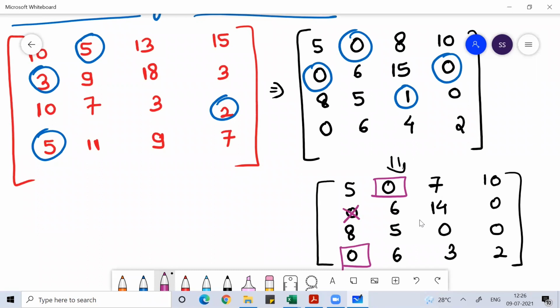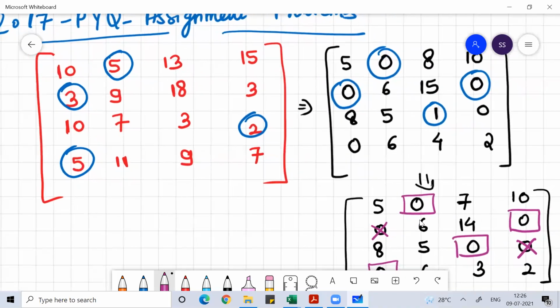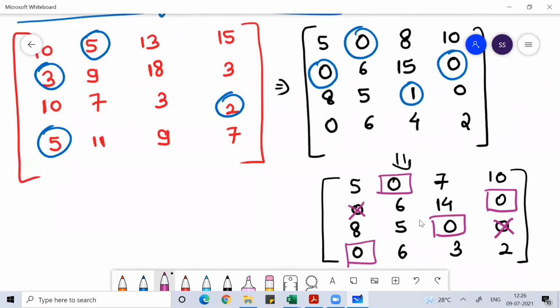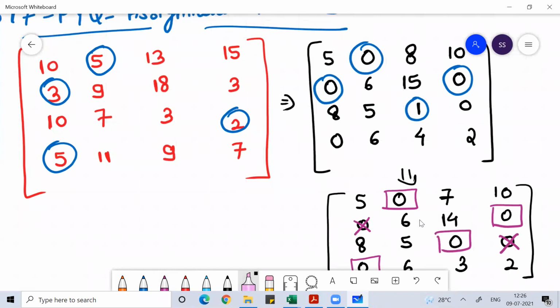Then column wise, the third column has one 0, do allocation. Similarly, the second row has this one 0 here. Your work is done. This is your problem. That's it. This came to 5 marks. It hardly took 2-3 minutes for us to solve this. So for the first row, this is your allocation. Second row, this is your allocation. Third row, this is your allocation. Fourth row, this is your allocation.